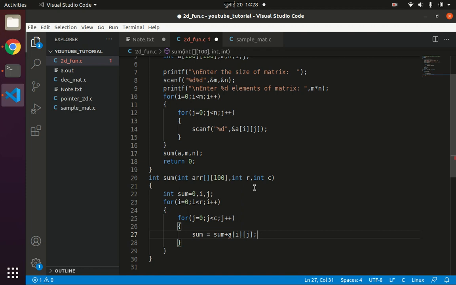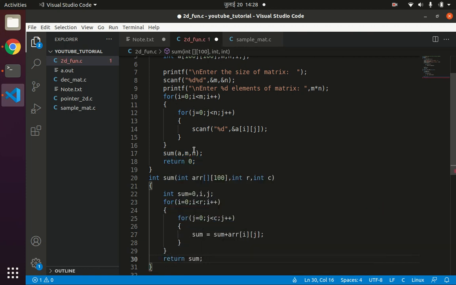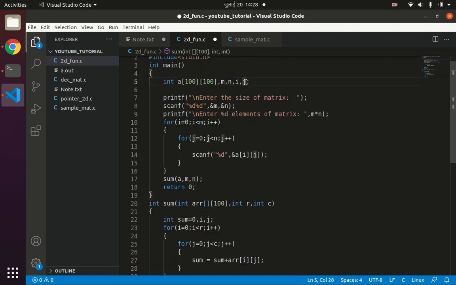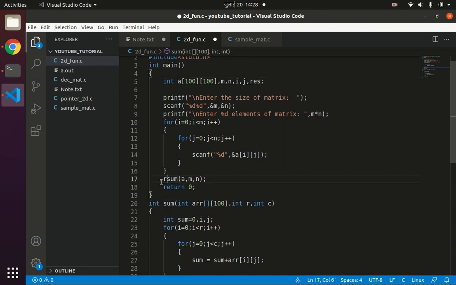So it is array arr. Now once the sum is done, we can return the sum value, return sum. Since you are returning the sum to the main function, I'll be declaring one more variable called res to store the sum value returned by the function sum, and then I'll write printf